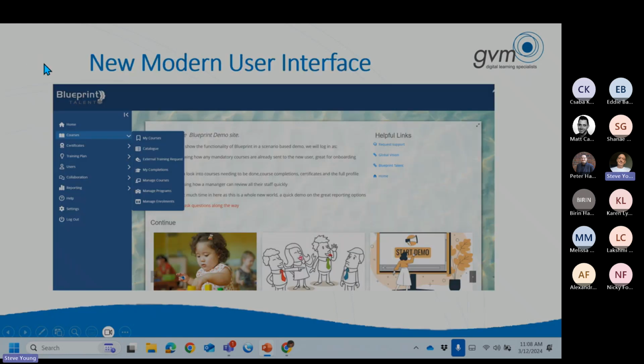So, introducing Blueprint Fresno. As you can see, we've completely changed the interface in the front facing area. It's quite modern. It's brandable, it's color schemed, and it's configurable to yourself. So just to have a look on the front screen, but it's also better to actually have a look at